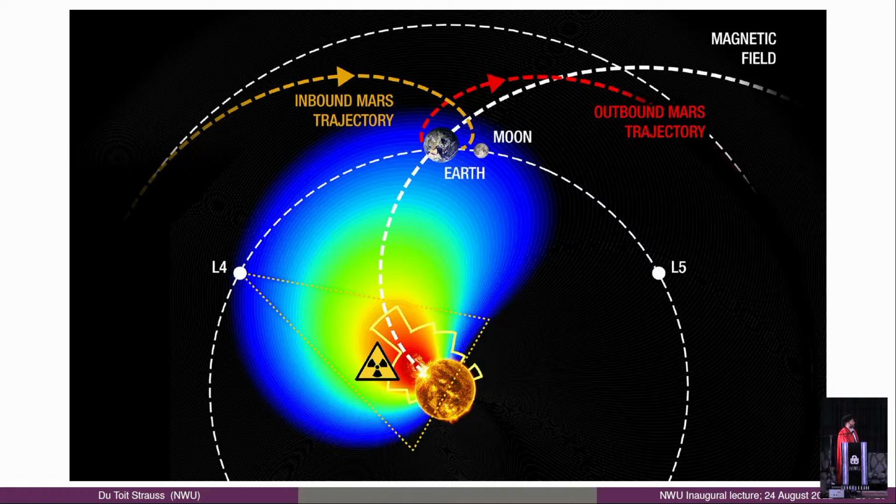So this is a figure that he made for a new paper we were working on. The contour plot is actually our model result, and all the stuff he added on here. And what we use this model result for here is to look at possible scenarios. So what could happen to astronauts on the moon? So there's Earth, there's the moon. The model shows a worst-case scenario, and we use this figure to propose in the current NASA decadal